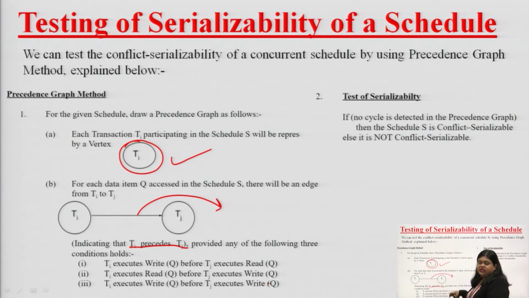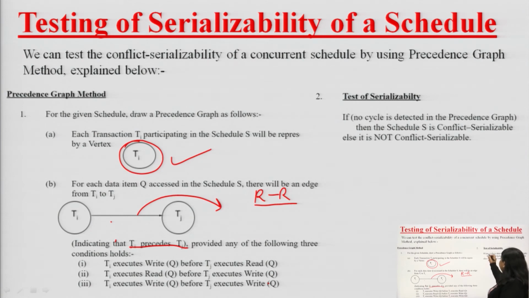Over here you can see we are not talking about the read-read combination. In a read-read combination, there is no conflict at all. Whenever we have a combination of read and write or write and write, then only we have such a conflicting condition. So, this shows that for any combination, a read-write combination, a write-read combination or a write-write combination, T i will do it before T j, right. So, this edge represents these three conditions.